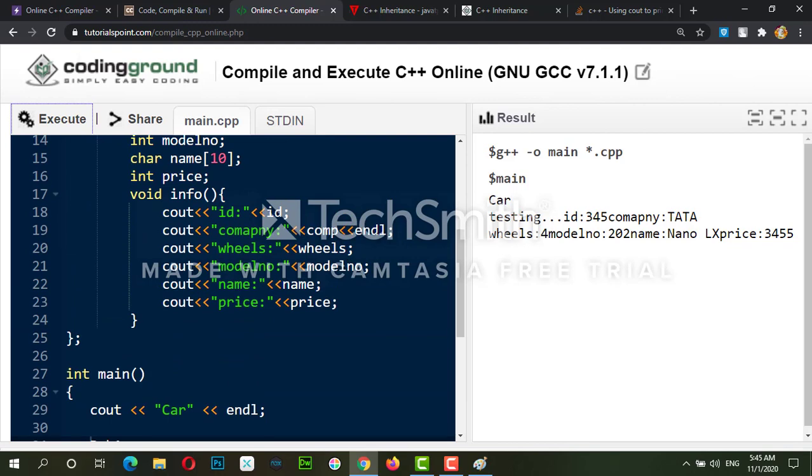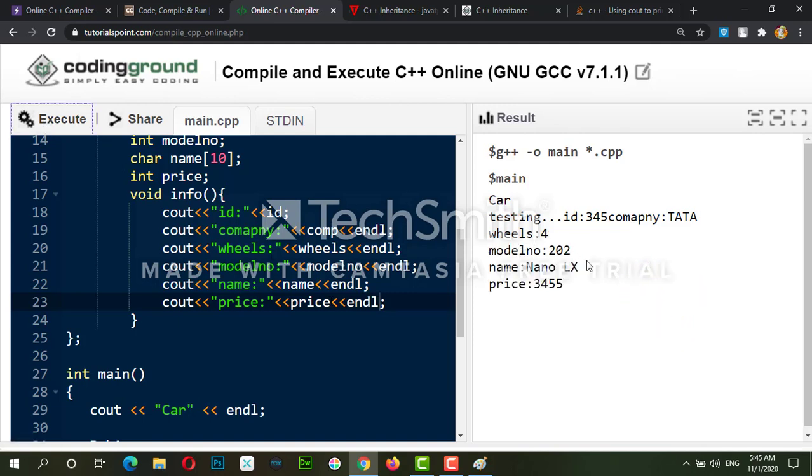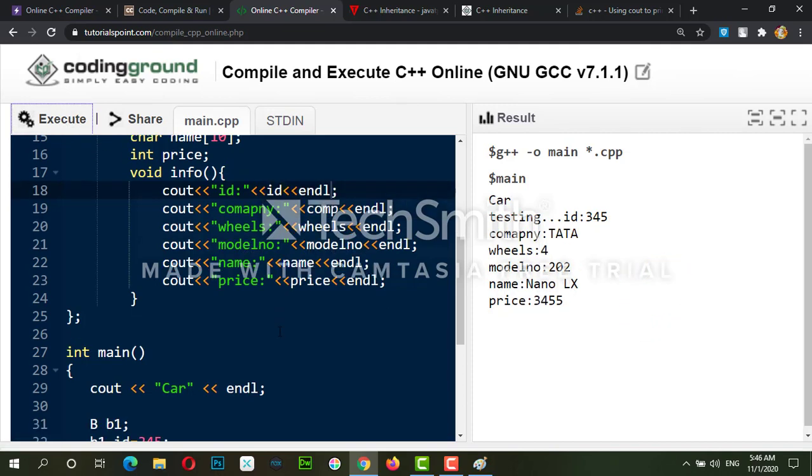To show it better, we are changing it. We are giving endl to every line. I have given endl to each and every line. Now the value is properly displaying over here. I am also giving endl. So as you can see,